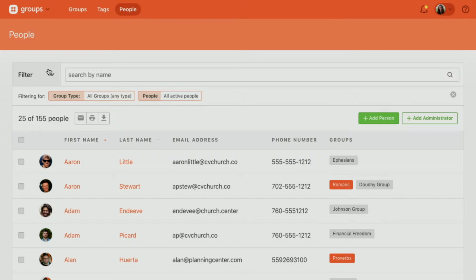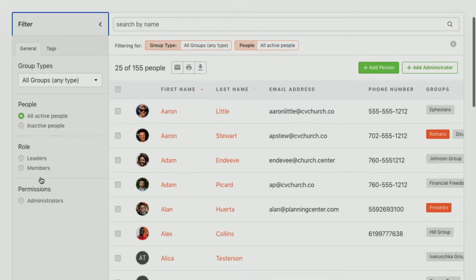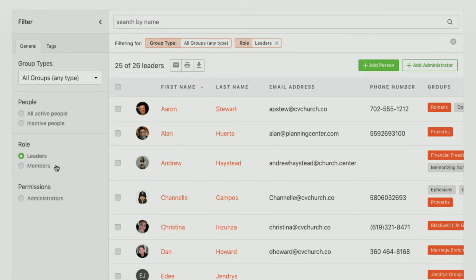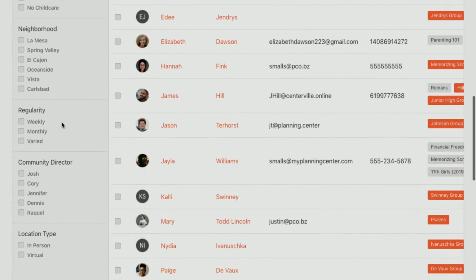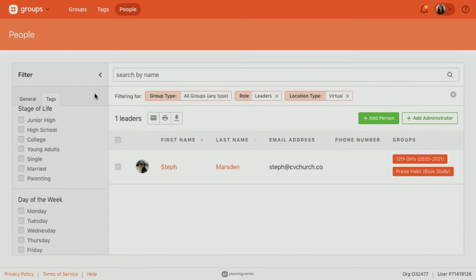Just for an example, I do want to email all of my group leaders who are meeting virtually this fall. So this is where I could use this filter, and let's see, I have all these options. I want to contact my leaders, and using this tag over here, I want to contact everyone who's meeting virtually.